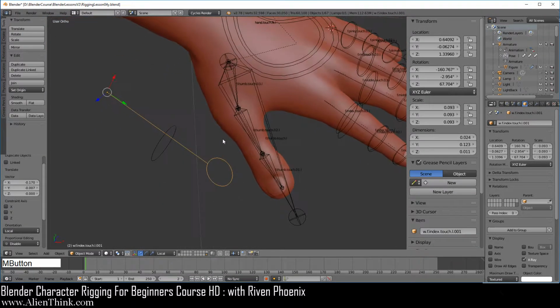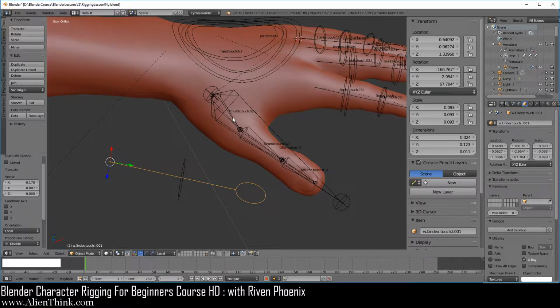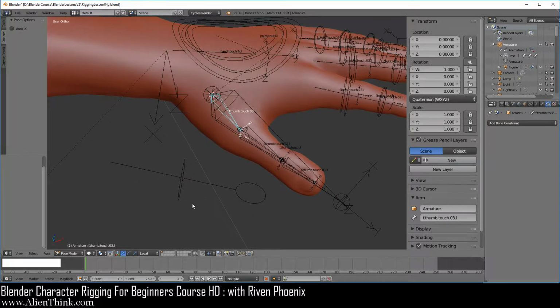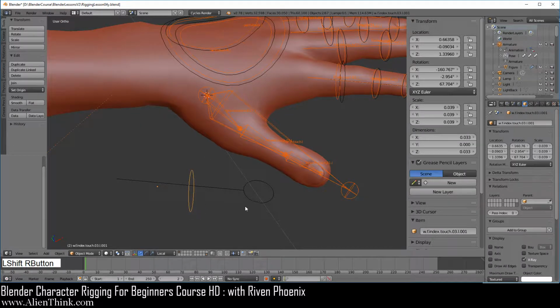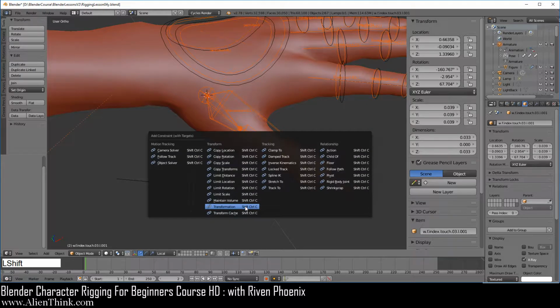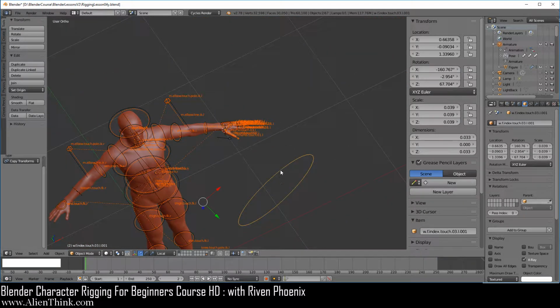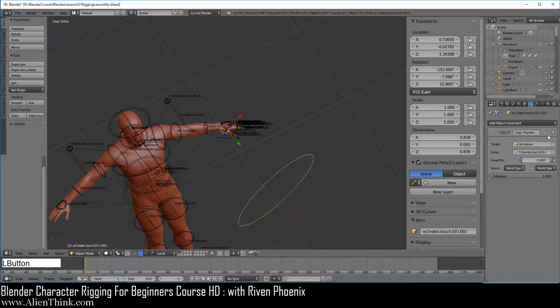So what we want to do is go ahead and let's click on this bone over here, do Shift S, do cursor to selected, and go ahead and press the Shift key down. Click on this one over here, do Shift Control C, and here we're just going to do copy transforms. Go ahead and zoom out, click over here, do Control A, do visual transform. Go ahead and turn this off to make sure that it took it, and it did.